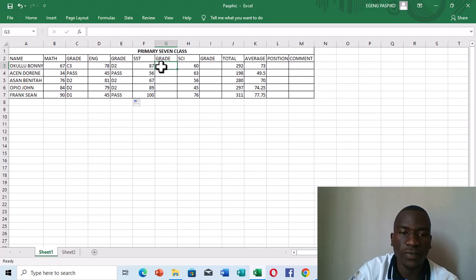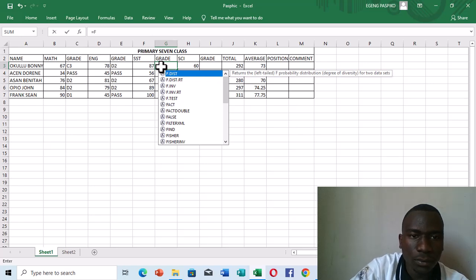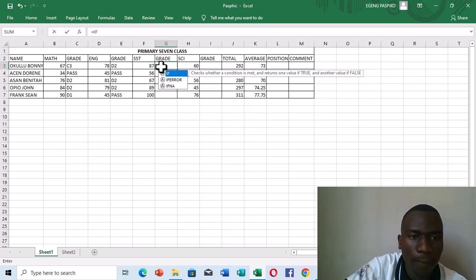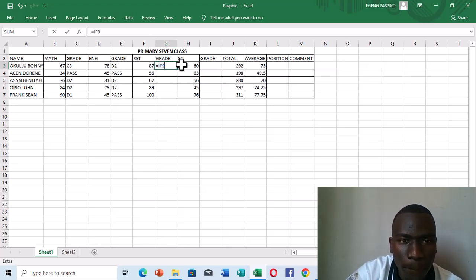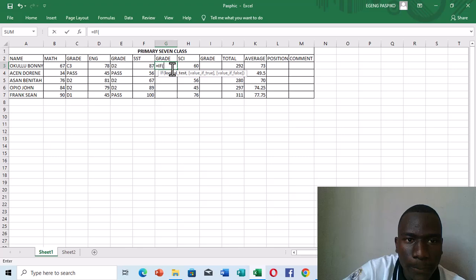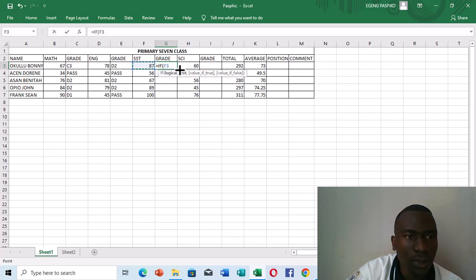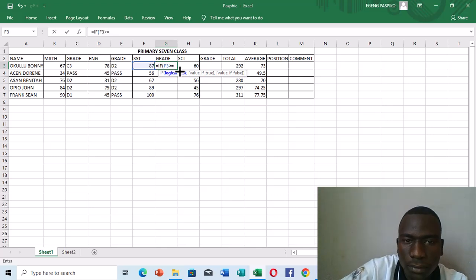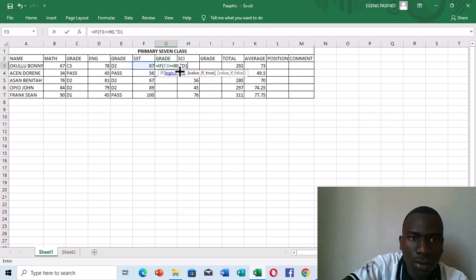So we are going to use if still, so everything starts with equal sign. Then now if, now open the bracket, let me say SST, then is greater or equal to 90. That one is a D1 to 90. That's a D1